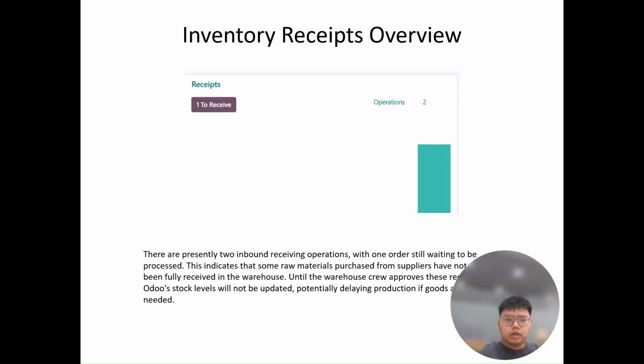So next, let's look at the inventory receipt overview. There are presently 2 inbound receiving operations, with 1 order still waiting to be processed. This indicates that some raw materials purchased from suppliers have not been fully received in the warehouse. Until the warehouse crew approves those received, stock levels will not be updated, potentially delaying production if goods are